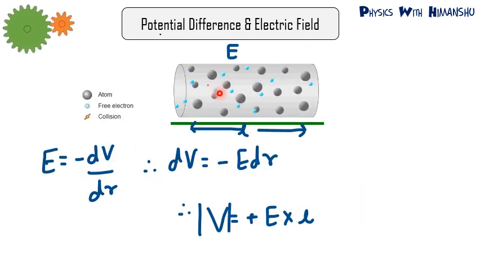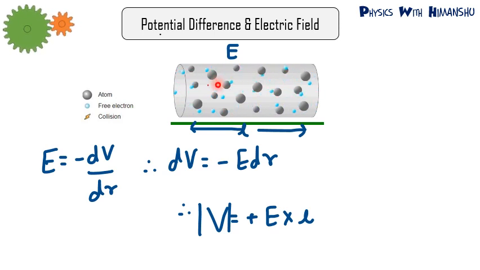So if you apply a cell or battery across a wire, there is flow of electrons inside the wire. You can view this from this GIF. So these are free electrons, the smaller blue ones, and the atoms are stationary. Atoms inside a wire generally do not move because the inertia of atoms is very high, while electrons are very light, so they can move easily. So generally in a wire, if current is flowing, the flow of current is only due to the flow of electrons.